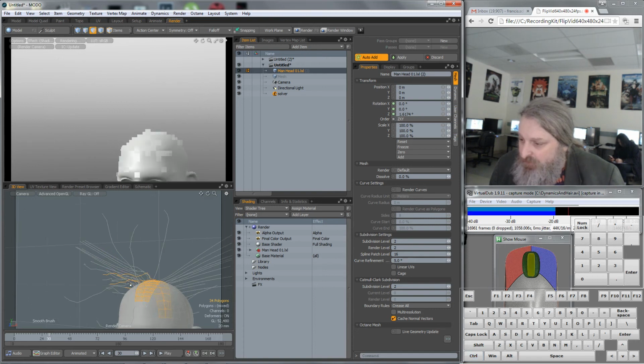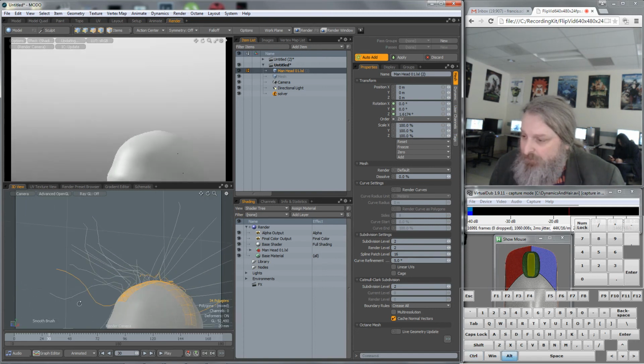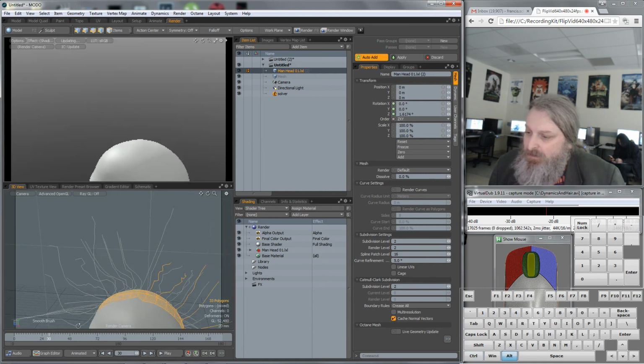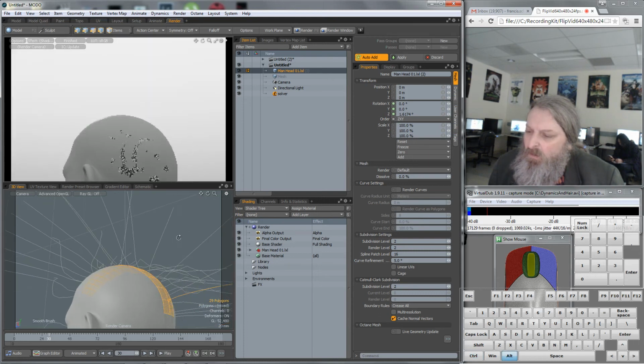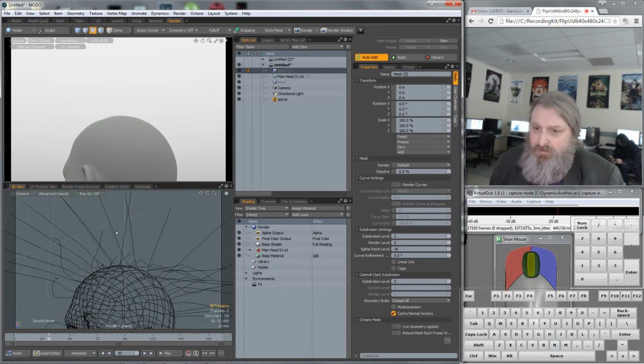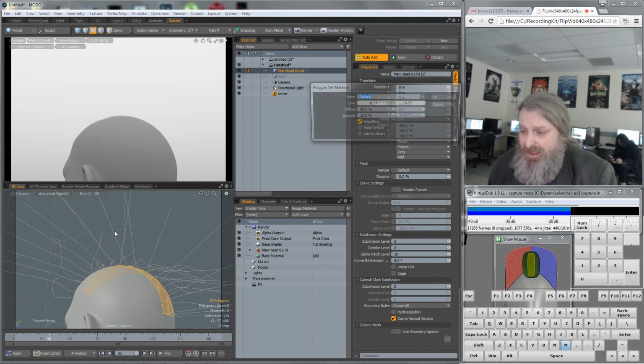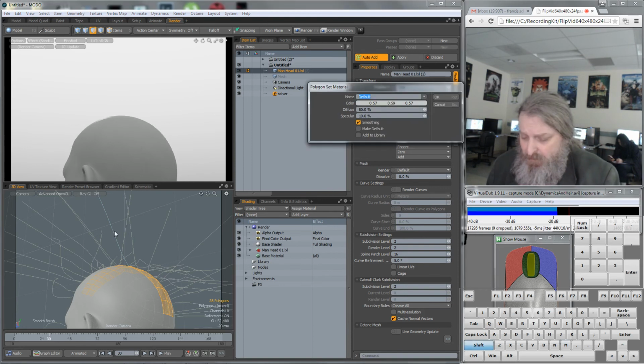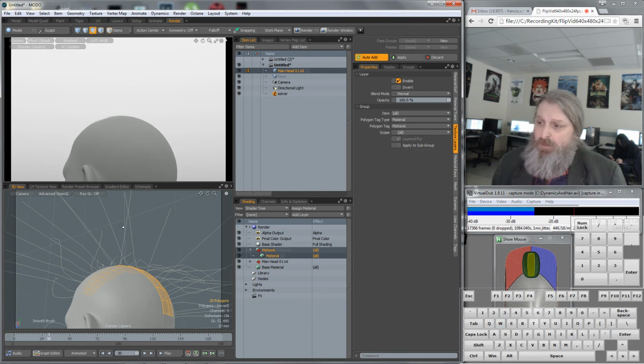And again, remember, these are just guide hairs. These are going to tell the other hairs what to do, of which there'll be many thousands, we hope. Oh, we'll get that last one there. Good. I'm going to hit N. Control Z. I'm not going to hit N. I'm going to hit M, and I'm going to call this Mohawk. Now those polys will have that,